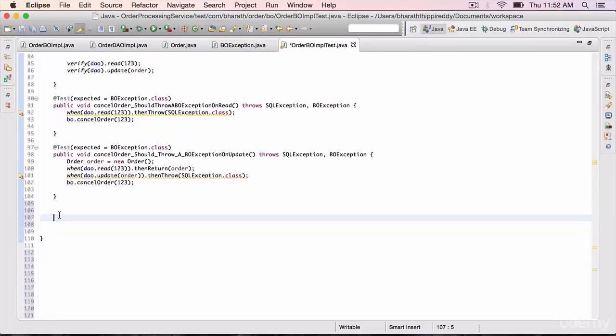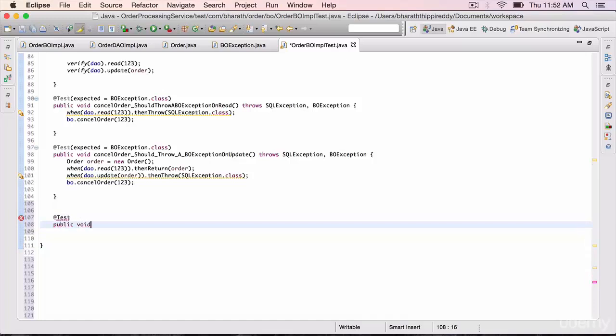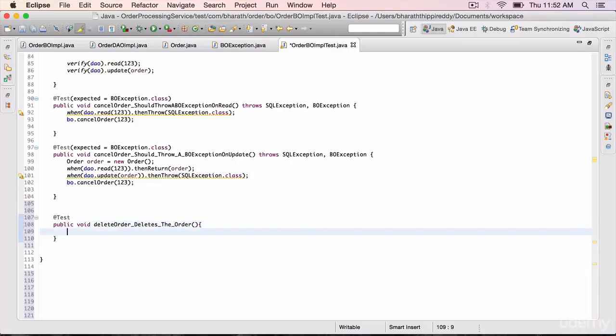In here, we'll start with the JUnit Test annotation, public void deleteOrder, underscore deletes the order. The first step we'll be doing here is when dao.delete(123) then return 1.